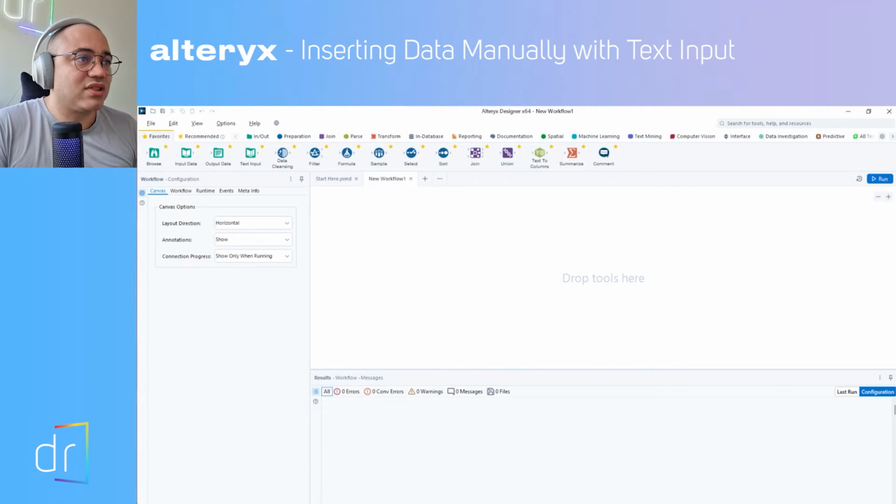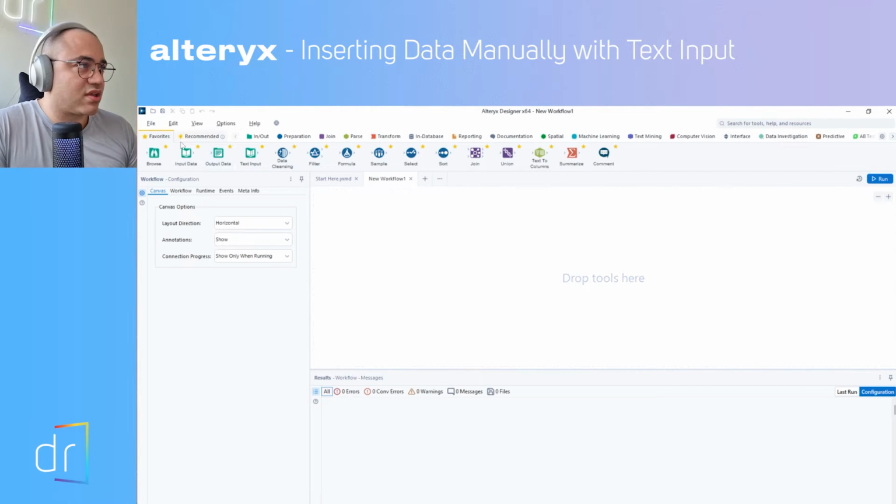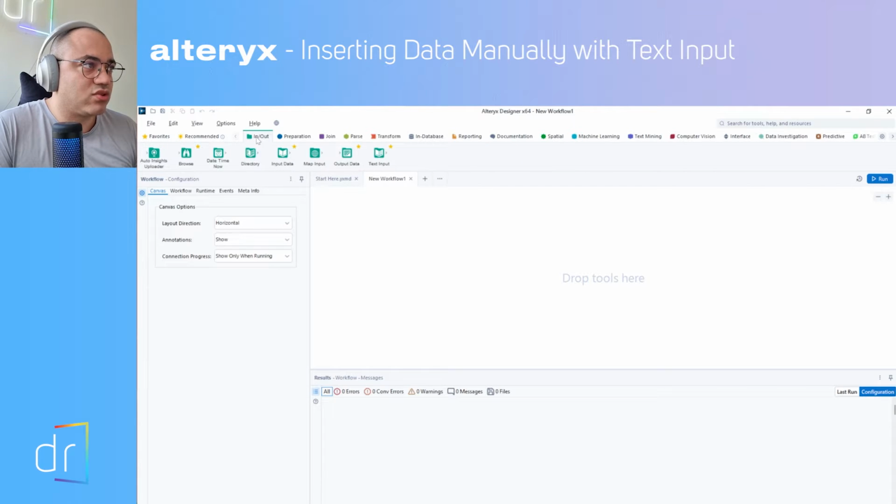So now let's see my screen. You can see my Alteryx Designer screen already. We just have to move on to this left side over here, and there is a tab called Favorites. In this tab, we have this text input tool. Also, if you are not seeing it on your computer, you can move on to this tab called In/Out over here. When you click once, you will see the input data here.